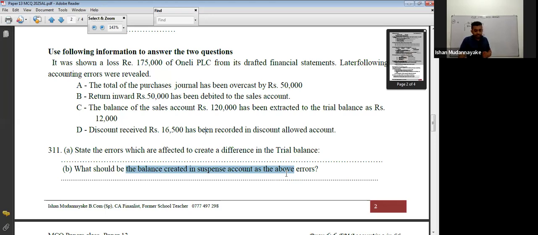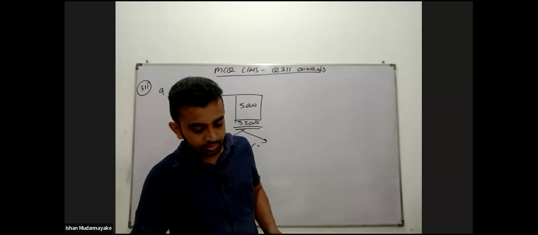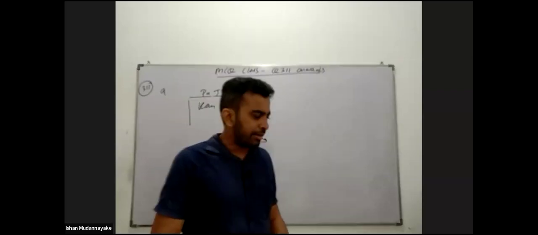The difference created in the suspense account because of these errors. Only C and D affect the agreement of the trial balance. There are two methods. The traditional method is